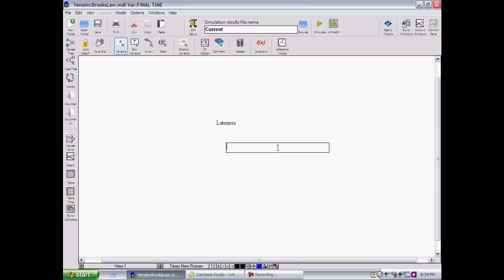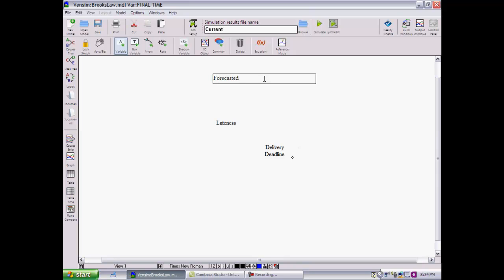So I will say delivery deadline. By the way, I'm using the Vensim software to draw this causal loop diagram. You can draw it with paper and pencil also, of course, if you like. There's a separate YouTube video that I have developed showing you how to use the Vensim software for drawing these diagrams. Okay, so delivery deadline is a variable, and let me put in the other one that I mentioned, and that's forecasted